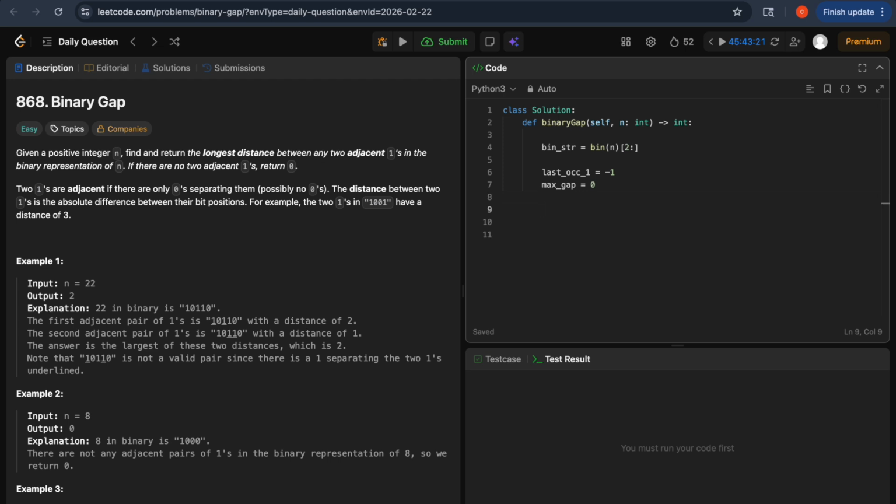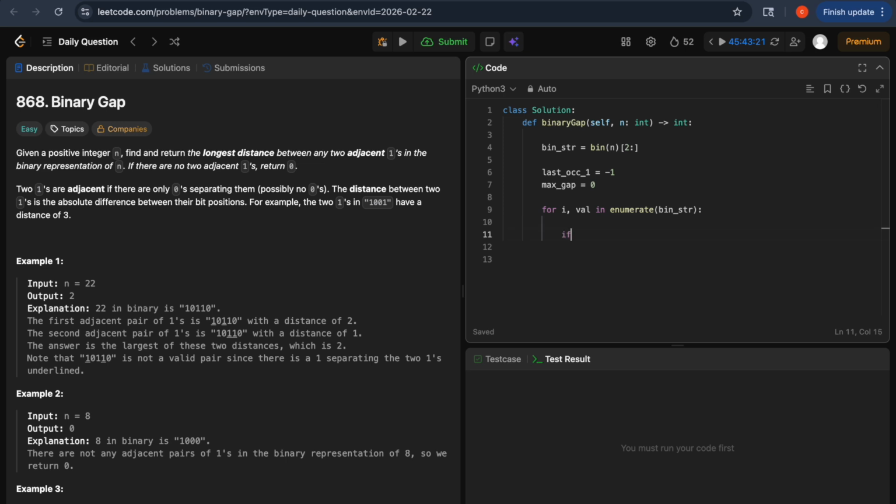Now for i and val in enumerate of the binary string,